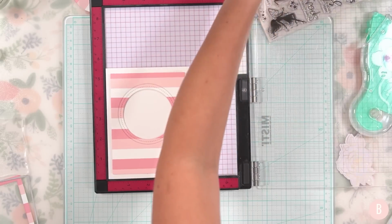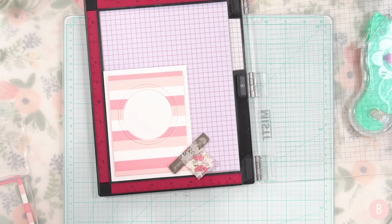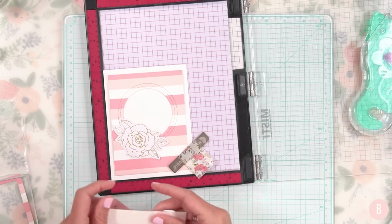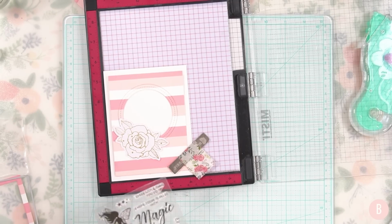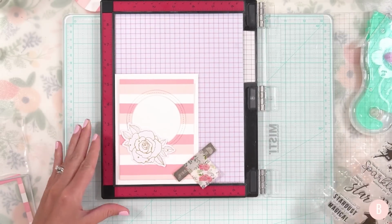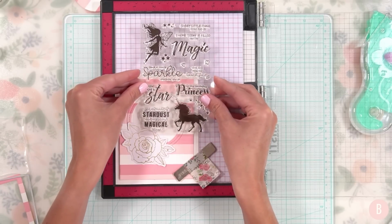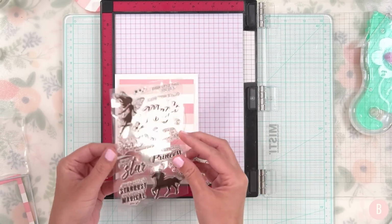Now let's bring the stamp in. And I thought it would be fun to do, knowing that I want to play around with, is it this one? With this. I think that is so pretty. I want it to interact with that too. So let's do that, and let's bring in a little fun sentiment. And then the fun thing is you can kind of just hover over, if you will, you know? Ooh, I kind of like the magic. That's kind of cool. Okay, I think that's too small. I think I like the leave a little sparkle wherever you go. So I wonder if,